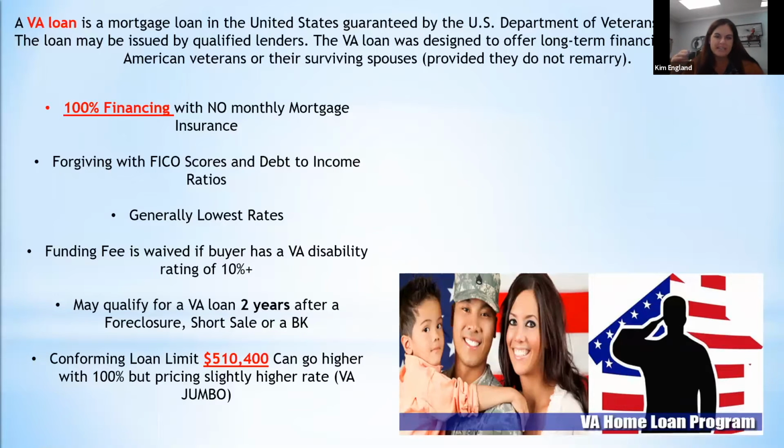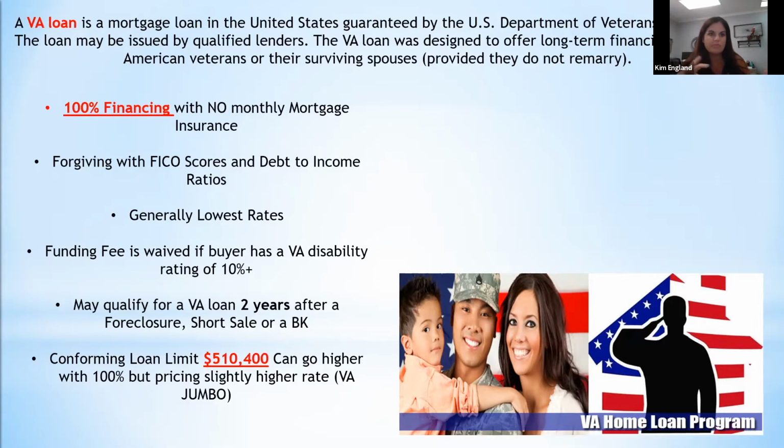There are some old negative misconceptions about VA loans, and they should definitely not be there. With VA loans, we have appraisers who don't have to deal with appraisal management companies, so our VA appraisals tend to come in sometimes a little bit better than the conventional ones. The borrower gets 100% financing with no monthly mortgage insurance. If you're comparing a $300,000 purchase price with FHA versus VA, you're looking at about a $300 difference monthly for the borrower, cheaper on a VA loan because there's no mortgage insurance.